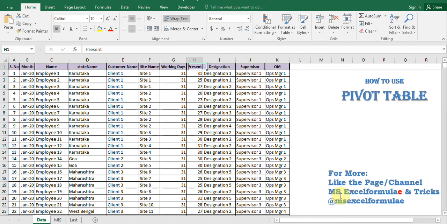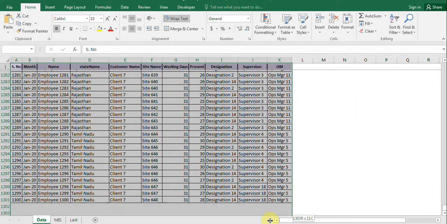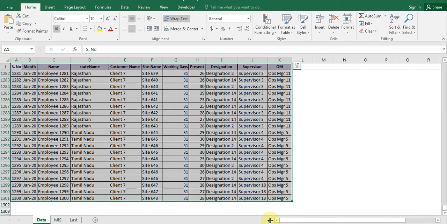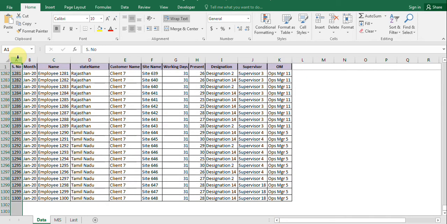So how to create a pivot table? The basic step is, first you have to select the data. There are two ways to select the data. Either you can select manually only the data you have, or second, you can select the data by column.